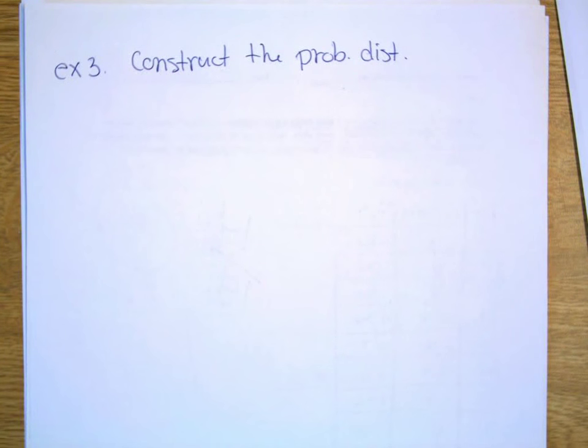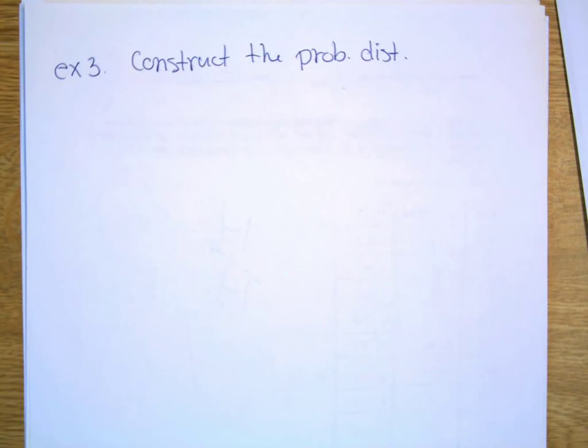I'm going to give you a frequency distribution. A company tracks the number of sales that new employees make each day during a 100-day probationary period. So you're on the job for 100 days. They're going to evaluate you at the end of the 100 days and see if they're going to keep you